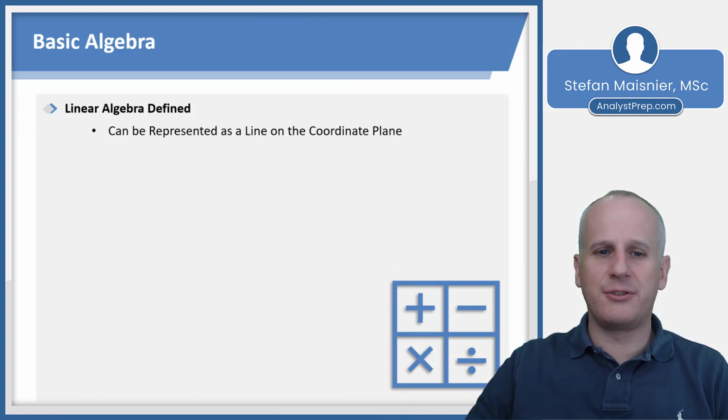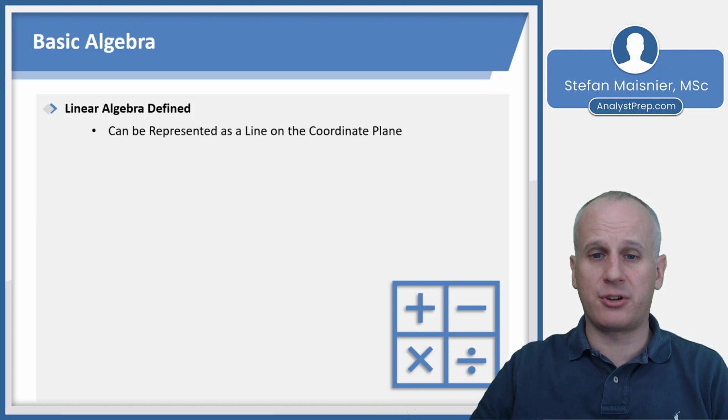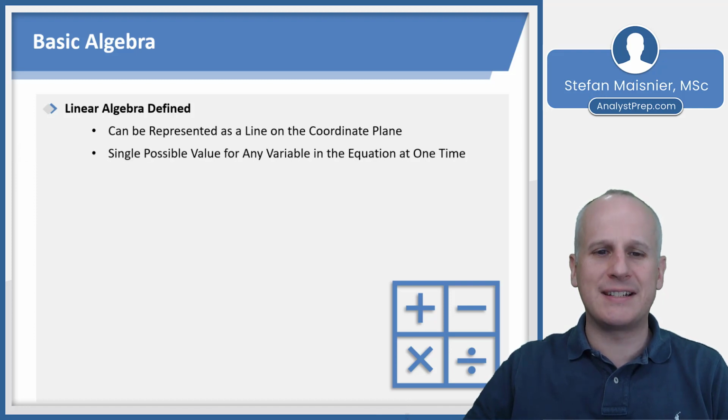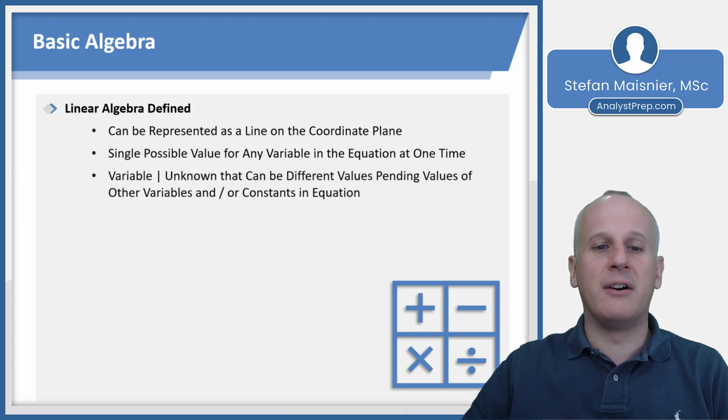So linear algebra means that it can be represented as a line in the coordinate plane. So there's just one outcome possible based on the structure. Now, there is no geometry on the GMAT Focus, but this is conceptually what linear algebra is. And there's a single possible value for any variable in the equation at one time. So it's not parabolic, if you can imagine what a quadratic function may have looked like back in the day geometrically. Now, a variable is an unknown that can be different values pending the values of other variables or constants